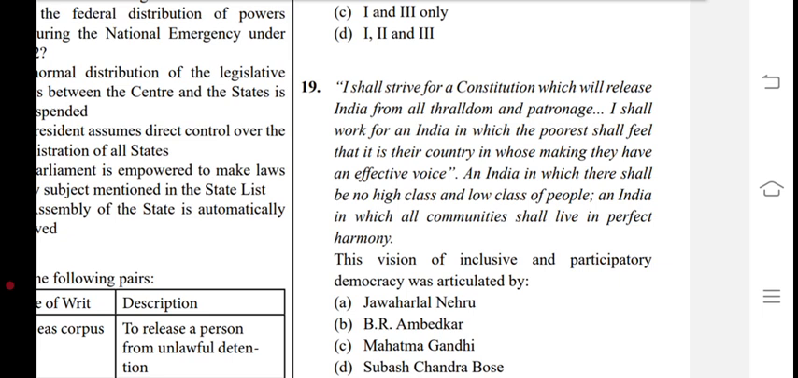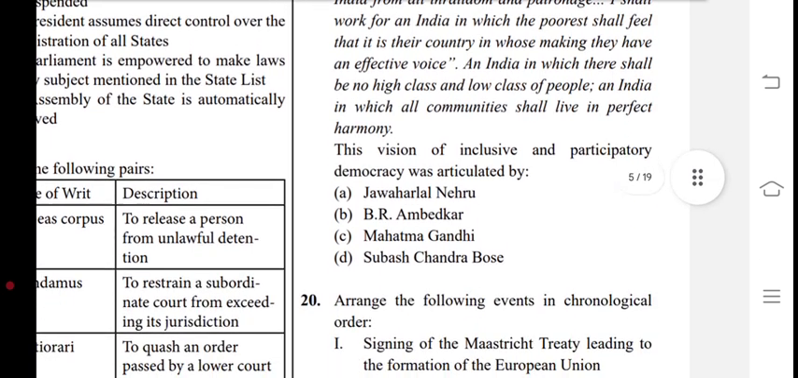This vision of an inclusive and participatory democracy was articulated by Jawaharlal Nehru, B.R. Ambedkar, Mahatma Gandhi, Subhash Chandra Bose. And Subhash Chandra Bose is